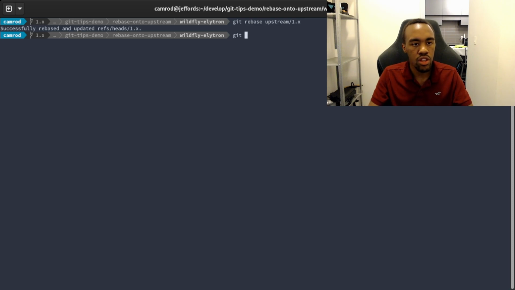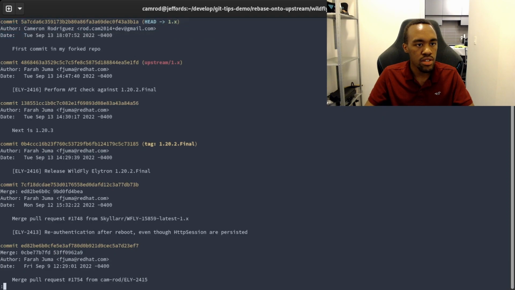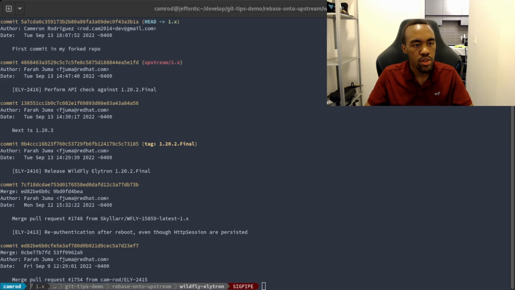Now we can do git log again. You can now see that here's our change, the head, at 1.x, and here's the upstream, which is just one commit behind. So now that we've been able to rebase onto the main,